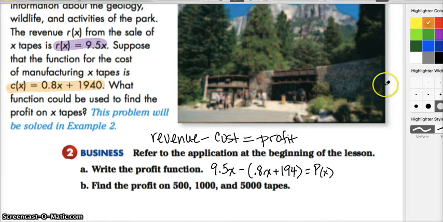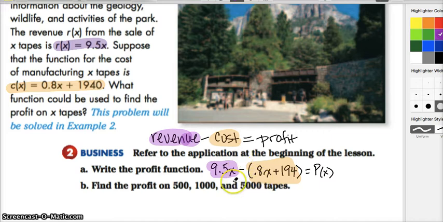So as we can see here, what I did is I put the revenue function here, and then I put the cost function right here to represent what the function of the profit is going to be based on x. And I probably should have put the P of x in the front just to make it look more normal, but I just wanted to follow the form that we have here. So I'm subtracting the cost from the revenue in order to get the profit. So that's part one. The next thing they want us to do is find the profit on 500, 1,000, and